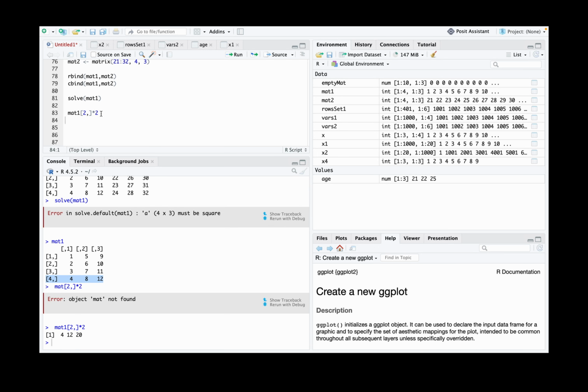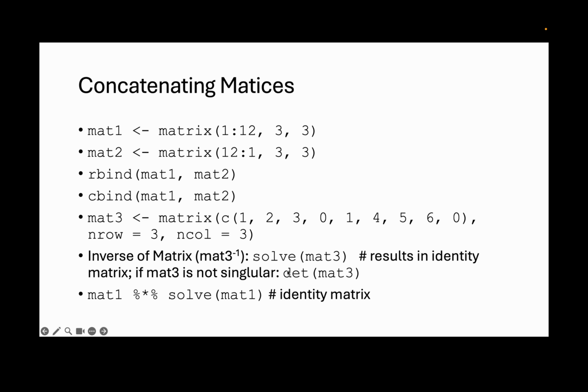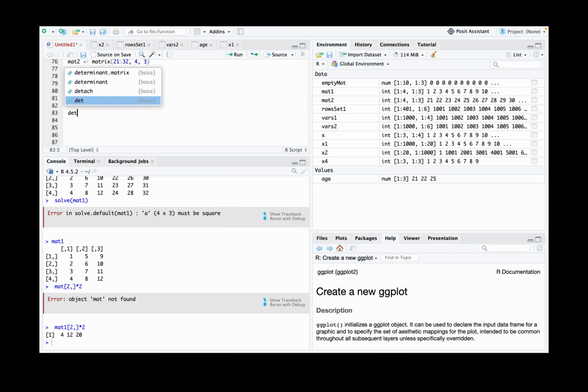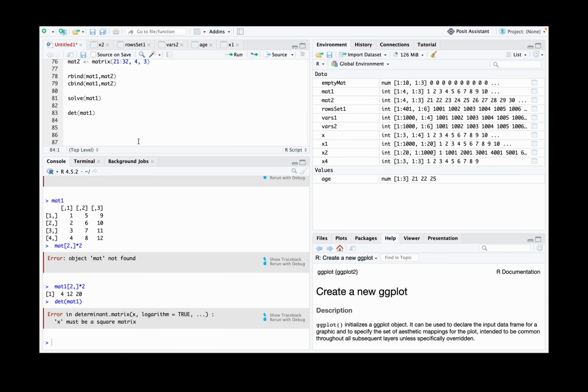Instead of manually checking that, there is a function which I listed here, that is det. It is the determinant function. If the determinant of this matrix comes out to be 0, you will not be able to get an inverse solution for that matrix. For example, det, for determinant, of mat 1. And if I check,